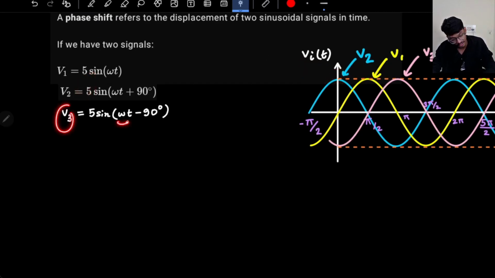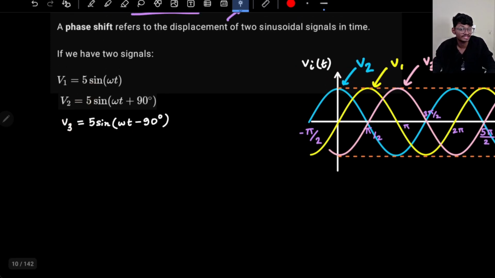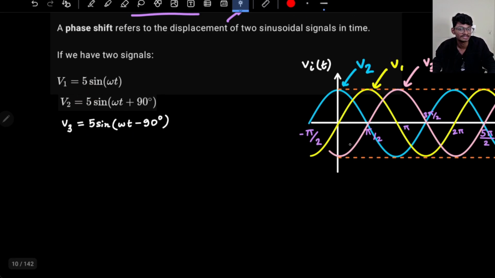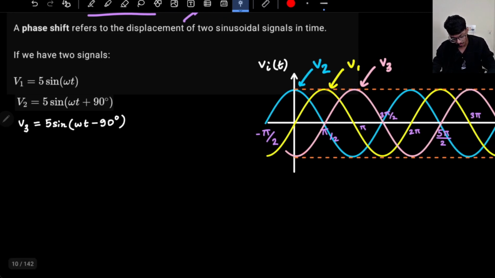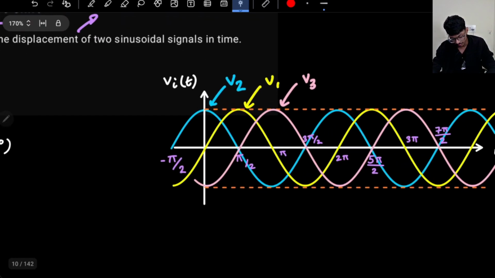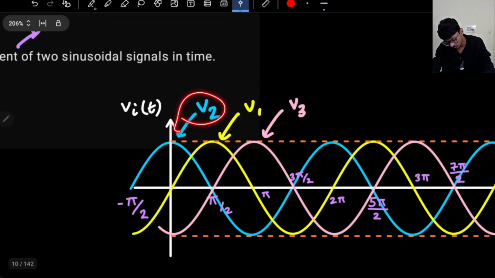And here if my omega t is 0, V3 is what? Sine of minus 90. And what is sine of minus 90? Sine of minus theta is minus sine theta, so it is minus 5. So if you see, your V3 is minus 5. So if you just plot the points, your points will come out like this. What do we observe? We observe that the peak of V2